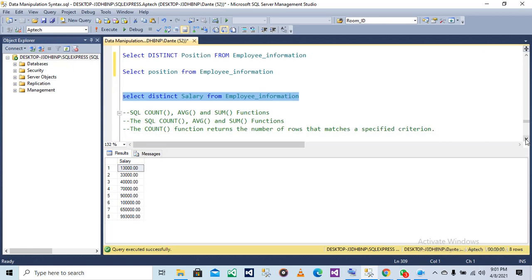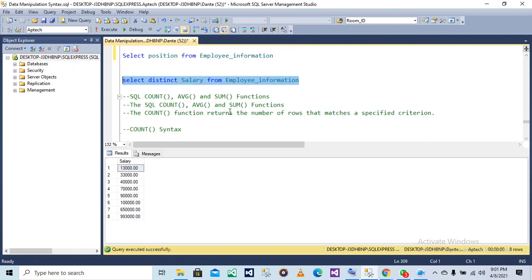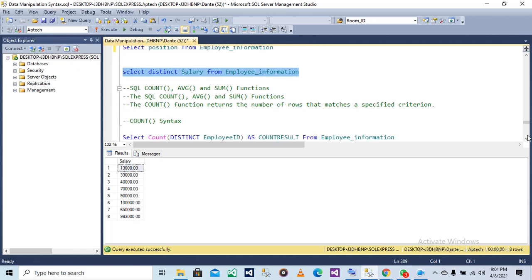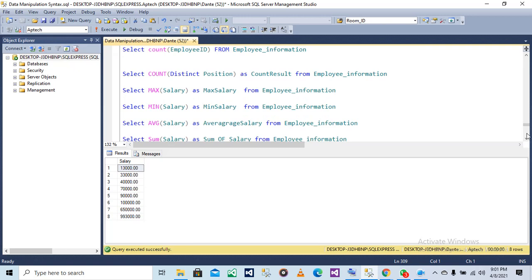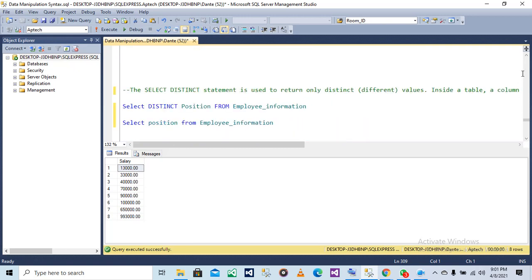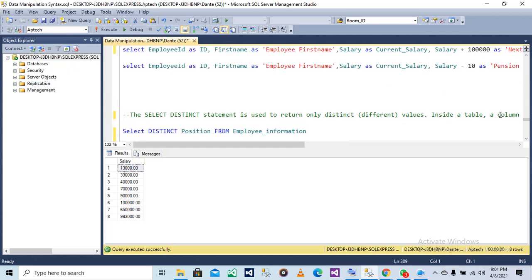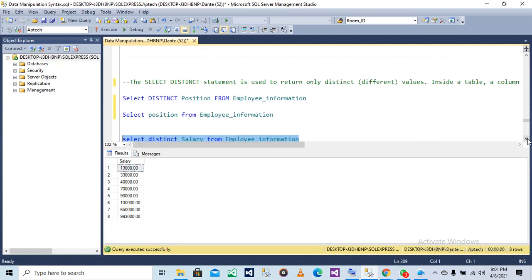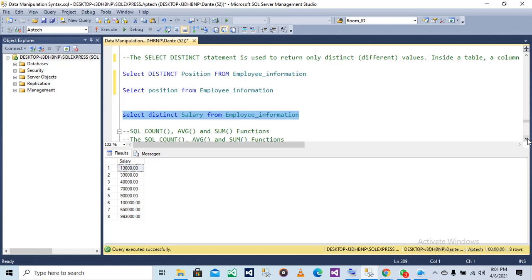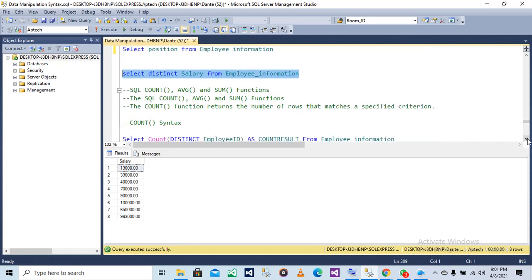So we also have aggregates, which is count, average, sum. We have mean too. We have max. I didn't put them here. Let me run this first. Do you guys understand this thing before I move on to the aggregate functions? Okay. So the syntax is going to be there on the script. I'll still drop it. Any question?